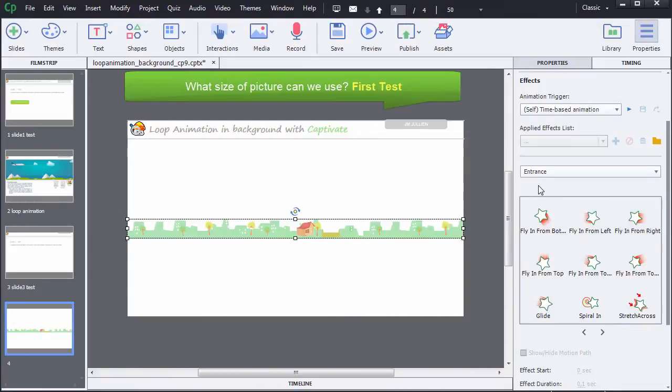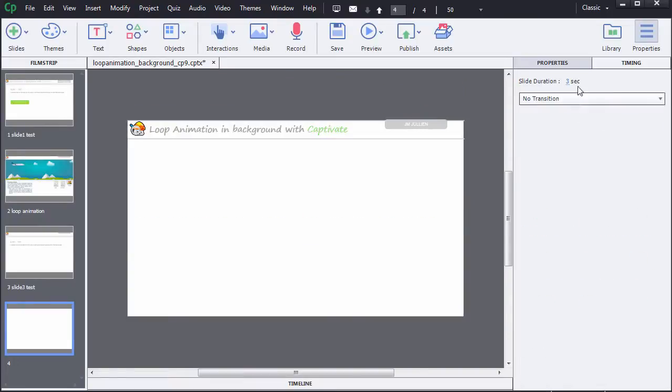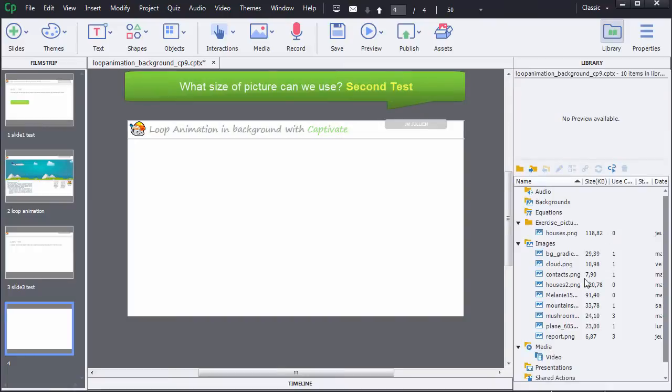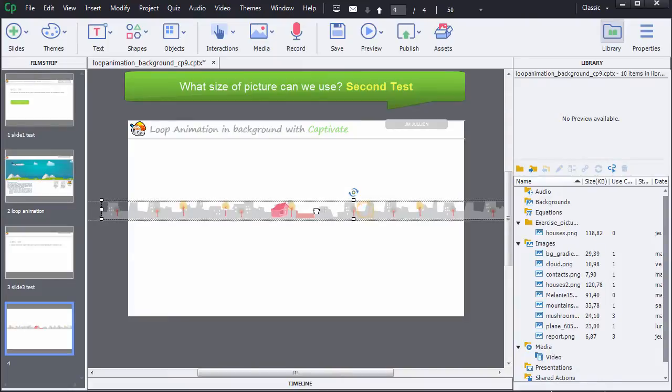For a simple animation it would be perfect, but our objective being to create a loop animation, we can conclude at this step that this picture size won't work with what we want to make. So I remove this picture and going to make a second test with a new picture. This time it's bigger than the Captivate project and I adjust it in the middle in order to have a margin on the right and the left, telling me that being still visible outside the slide on both sides, this solution may be logically better.